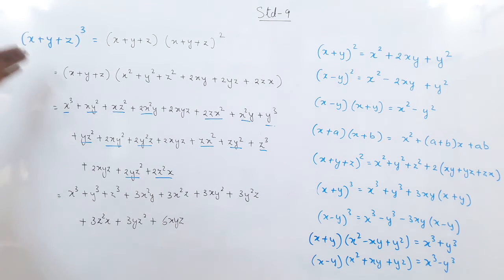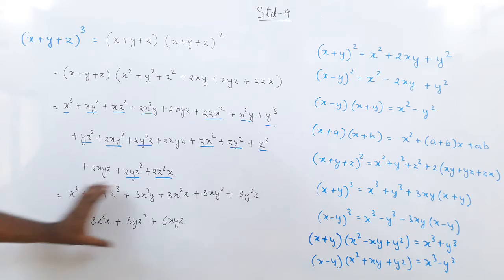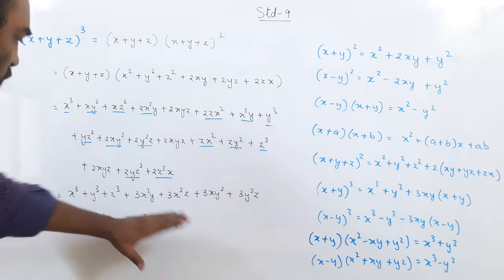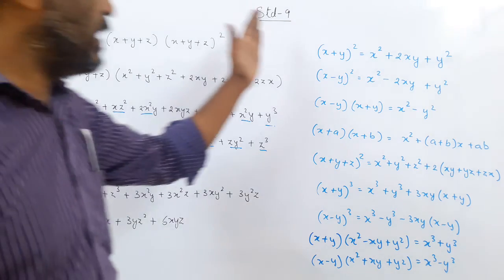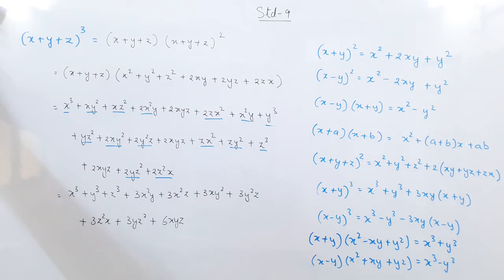Right? So we have expanded the last formula. So this is the expansion part. This expansion gives us this. So if we have gotten this form, the factorization will give us back this. So we are trying factorization by the identities, this one and the previous unit you did by the identities, or we have even done by splitting the middle term and by the method of the cubic polynomial. So this is the whole part of the chapter. So 2 formulas we have done today, and I will leave you a few sums for homework.